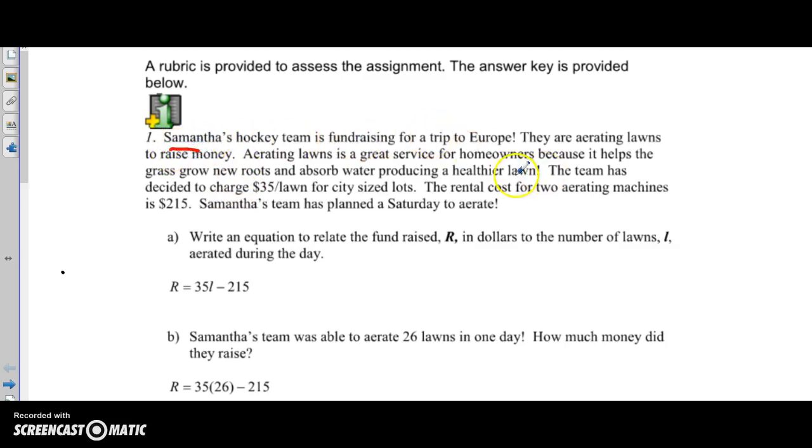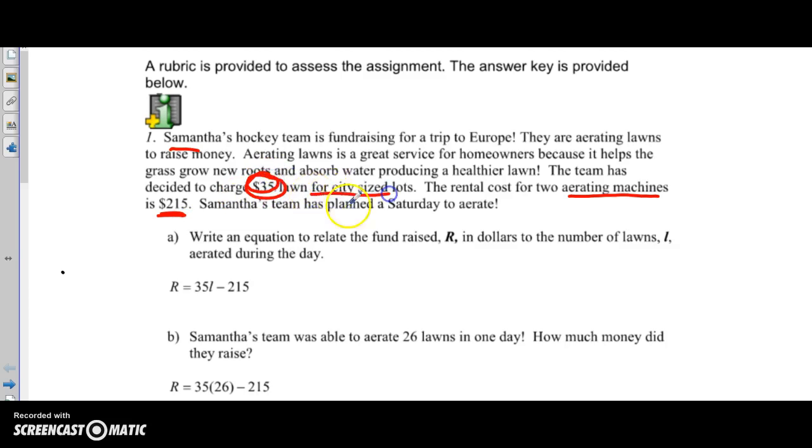Samantha has a hockey team. They want to go to Europe. They make $35 per lawn, and it costs them $215 to rent the aerating machine. So they aerate, they put holes in lawns for the benefit of the lawn. You put a whole bunch of holes in it, and I guess it gets air down there, and the dirt gets happy. I don't know how that works, but anyway. So you have to rent this thing for 215 bucks,